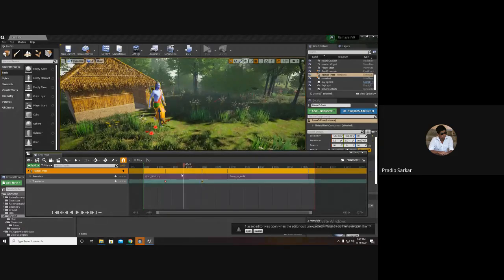So this is how we have to sync the animation with the transformation of the character.